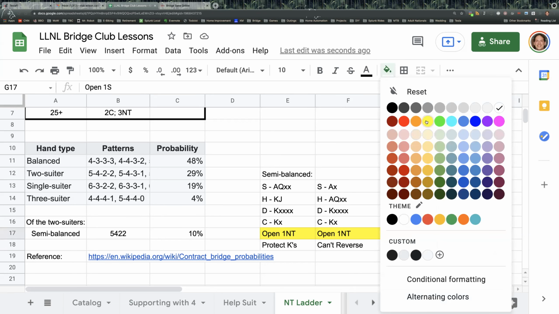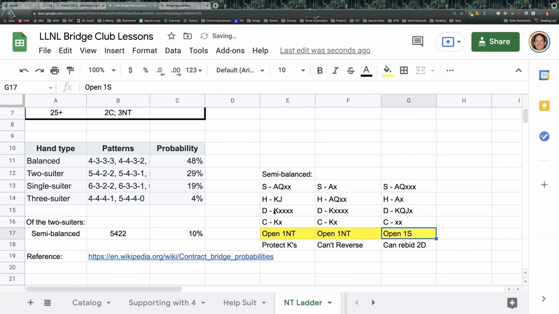So with the semi-balanced hands, you want to look at it before you make your first bid and decide: do you want to treat it as a balanced hand or as a two-suiter? And then stick to your guns. Because you can't say, I'm going to treat it as balanced and, like with this hand, start with a diamond